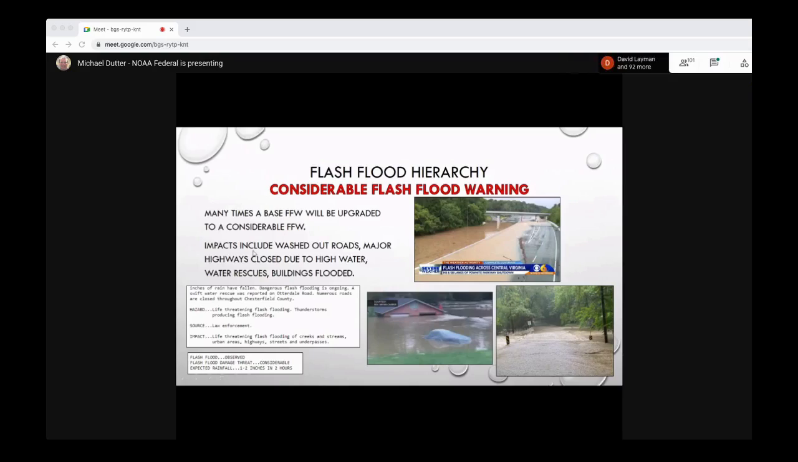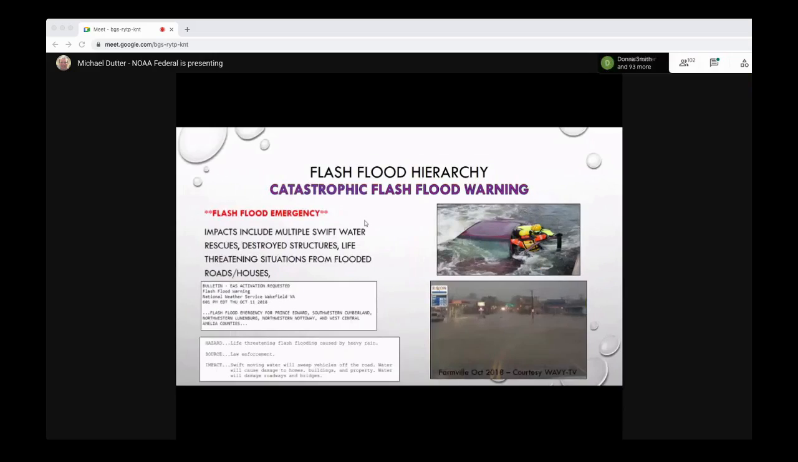And a lot of times that's because we're starting to hear about observed conditions similar to what happened on August 15th. So think of this as sort of the red alert for flash flooding, definitely getting to be life-threatening. And then the worst of flash flooding, the catastrophic flash flood warning, is the worst flash flooding that you will see,